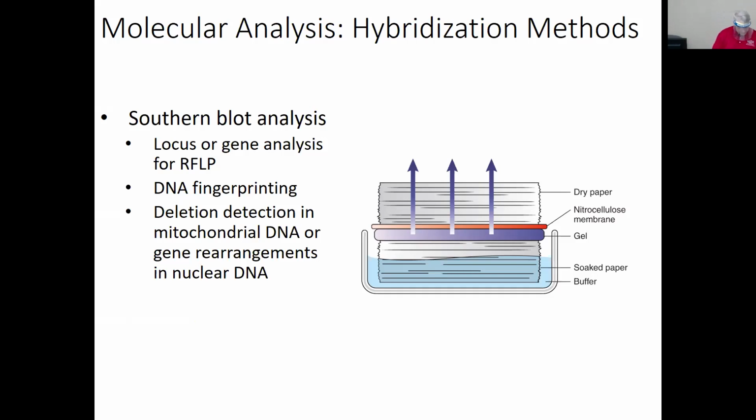The key to the specificity of the Southern blot technique is the use of a probe, P-R-O-B-E. The probe is generally a nucleic acid, several hundred to a few thousand bases long, with a known sequence that is used to identify the presence of a complementary DNA or RNA sequence in an unknown sample.